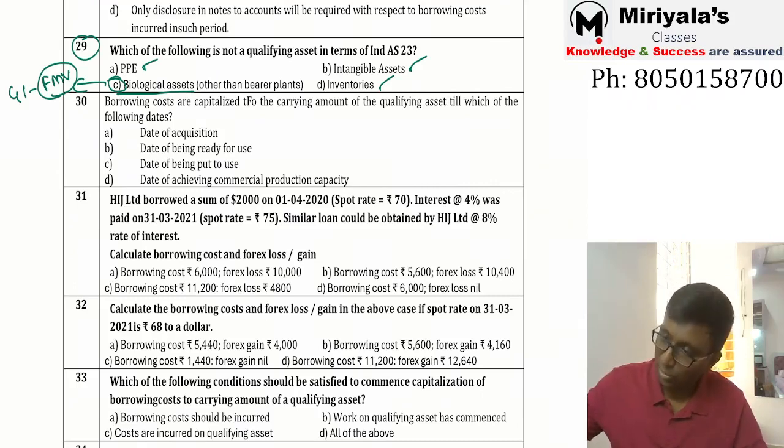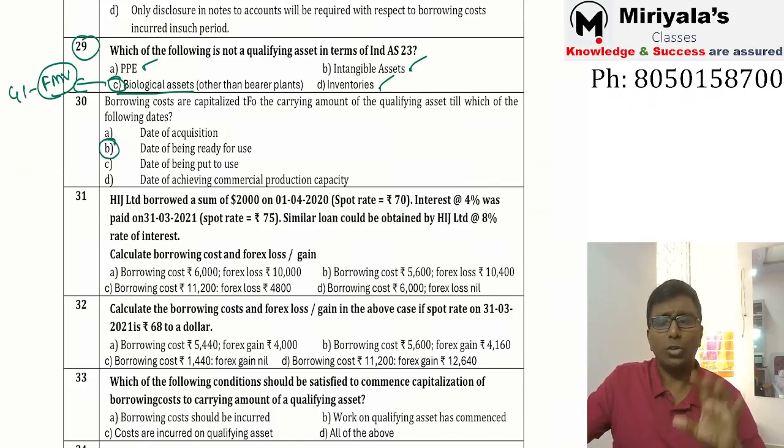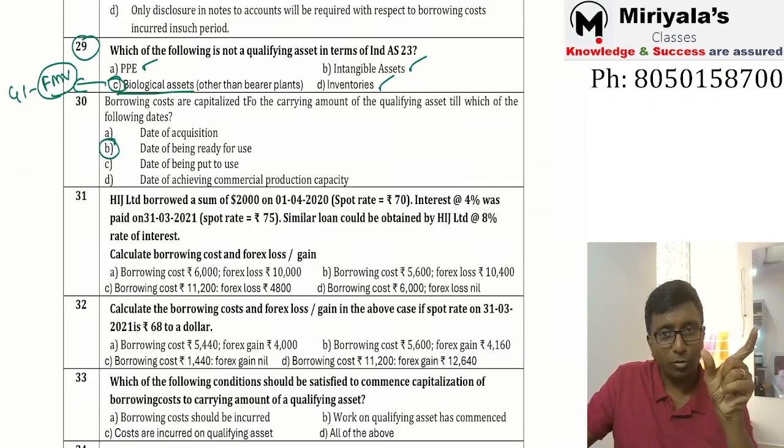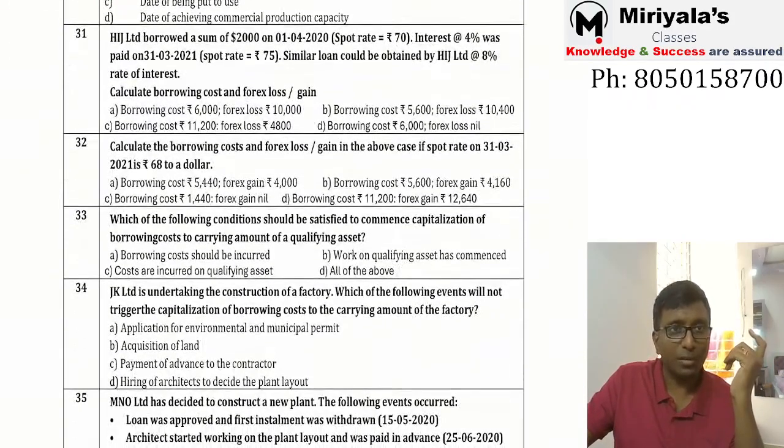So here also, when the qualifying asset is ready to use, from then onwards you don't need to capitalize it. From that date onwards, whatever borrowing cost you have incurred should be charged to P&L. Next,